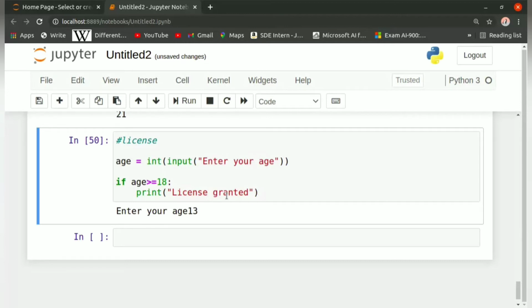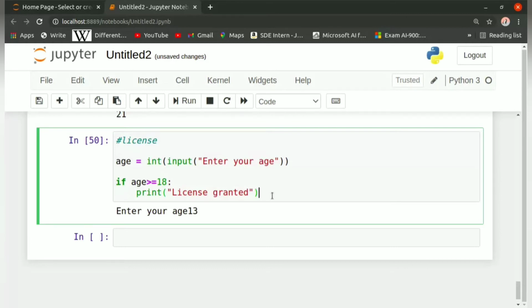Now, why are these indentations so important in Python? This is because in other programming languages, we used either curly braces or some other things to specify that this is the starting of the if statement and here it ends. But in Python, the work of the curly braces is replaced by spaces. So we have to give proper spaces and we need not specify curly braces before and after it. We have to be very careful while writing if statements or any other statements.